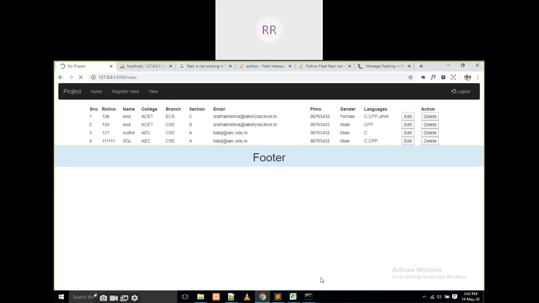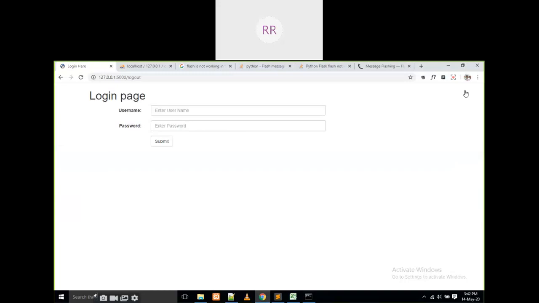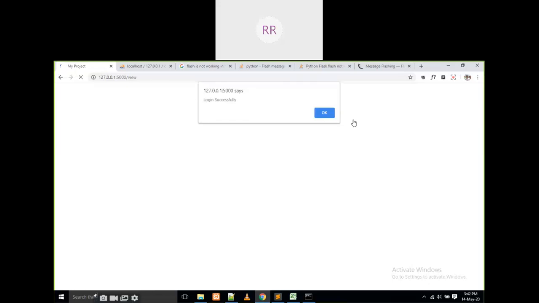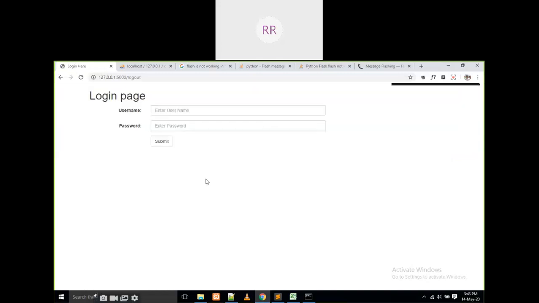If I execute this one and give logout, it is going back to the login page. Yes, it is working. Here I click logout, and it is moving back to the login page.